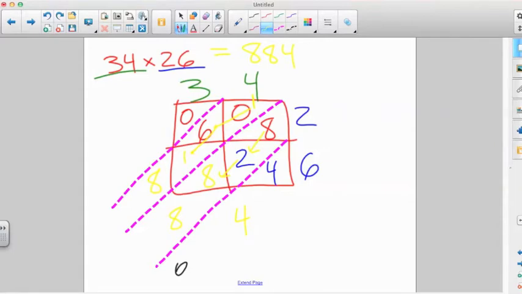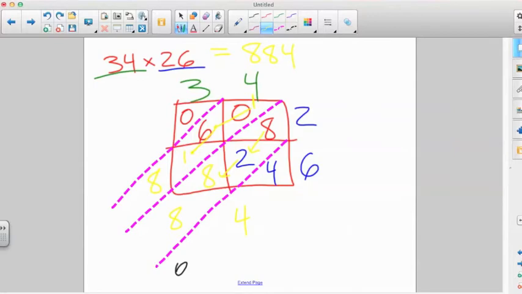Again, lattice multiplication can seem intimidating at first, but I hope that you've got the hang of it. Don't worry about doing any math homework tonight. We will complete study link 5-7 in class. I hope that you guys feel confident about the tool that you have in your toolbox at this time, and